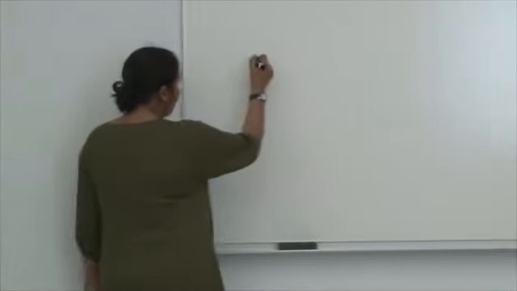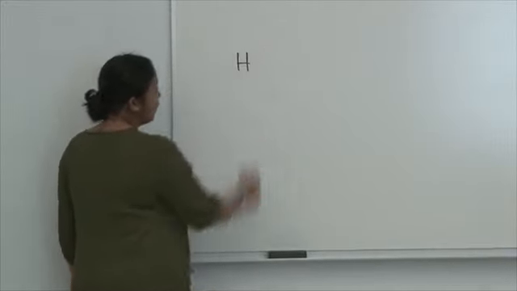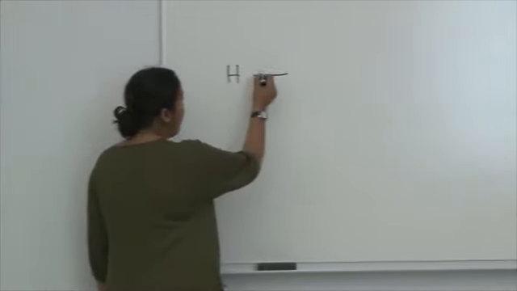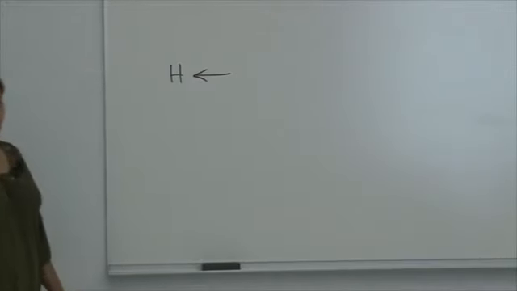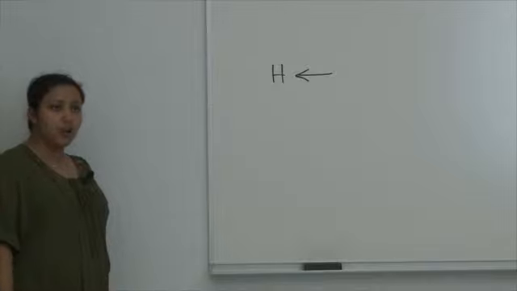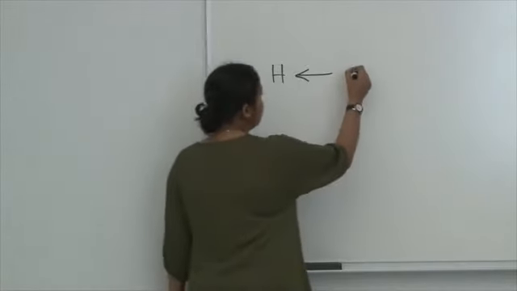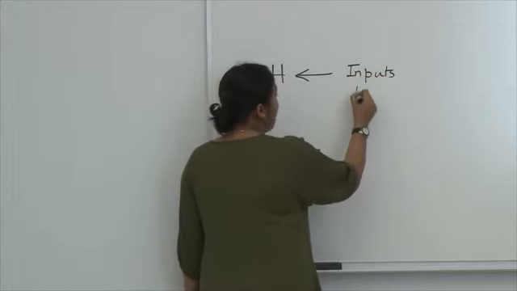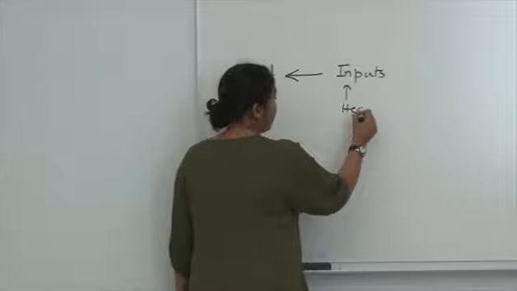So now we are talking about the stock of health, which I'm writing as capital H, and I'm saying that this stock of health can be produced or improved. It can be improved because everybody is born with an initial stock of health. So it can be improved using inputs, and one of these inputs is healthcare.